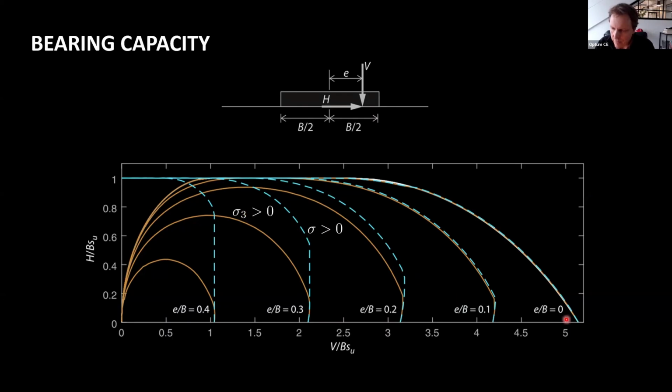And so you can see for small eccentricities, it's pretty much the same. At E on B equal to 0.1, it's not too different either, but as the eccentricity grows and the liftoff starts to happen, then there's quite a big difference. The correct tension cutoff gives these circular envelopes where basically the implication is that